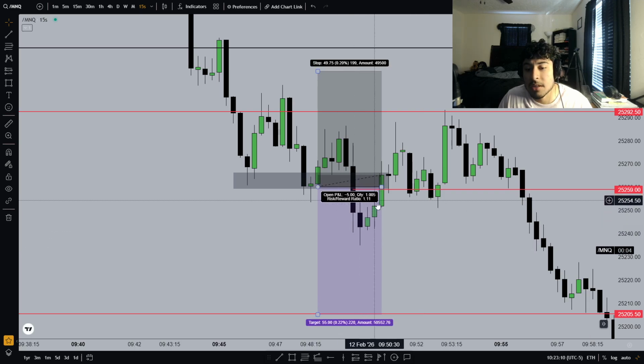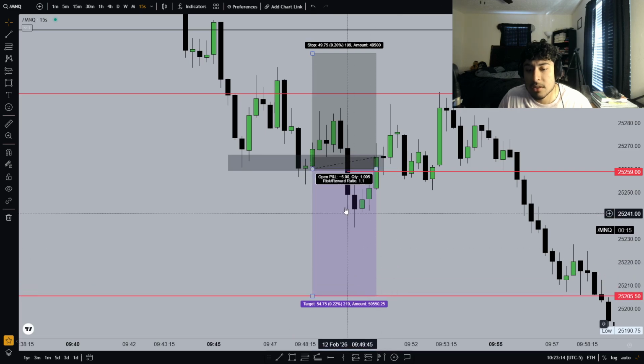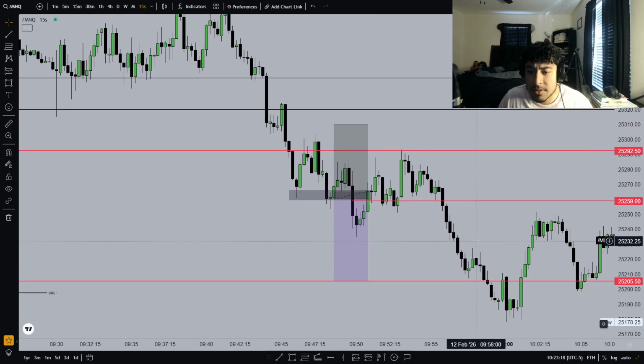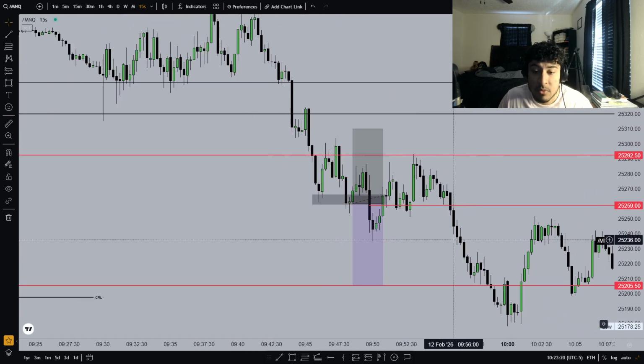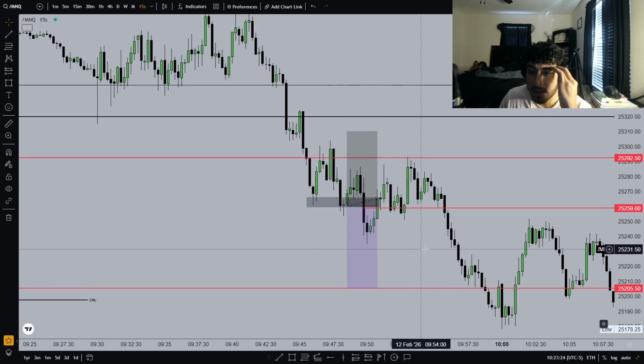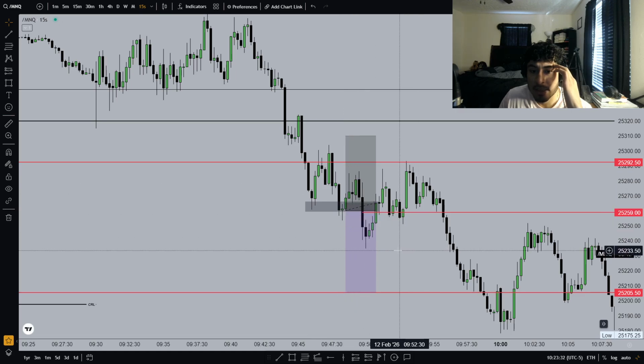I did not want to see the market come back up. I wanted to see it reach this draw on liquidity as soon as possible, and then eventually we came back up. We stopped this out. Was the stop loss placement not the best in terms of moving it to break even? I don't think so, because again, we faced a little bit of drawdown. We came down. We squeezed it lower. All this right here should be left unfilled, if I'm being truly honest. Or not even that, just where's the balance price range?